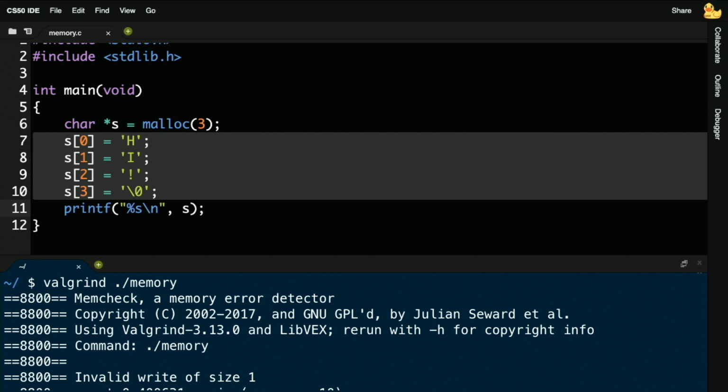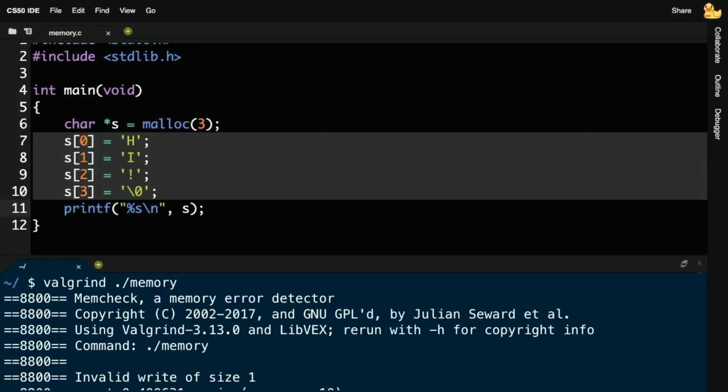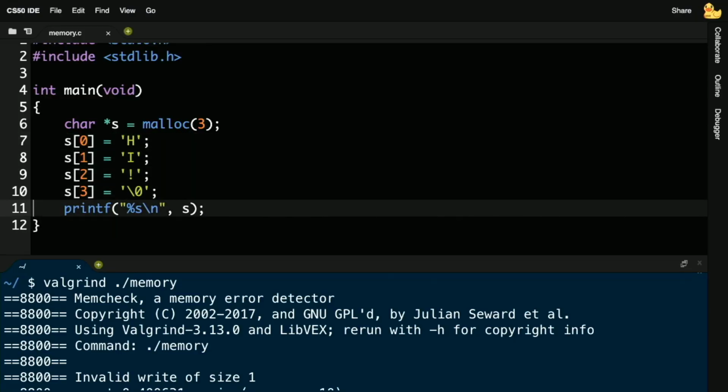This is like a small-scale version of the very adventurous and inappropriate poking around I did when I looked at like 10,000 bytes away. Even looking 1 byte away is a potential bug and can cause a program to crash. Meanwhile, line 11 is also problematic, which is an invalid read, because now you're saying go print out this string. But that string contains a memory address that you should not have touched in the first place. And the memory leak, the third problem, stems from the fact that I didn't free that memory.